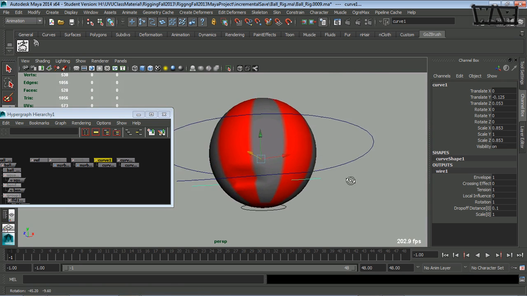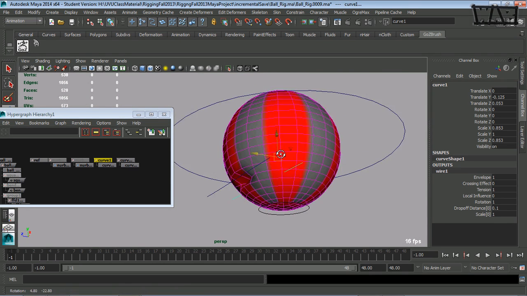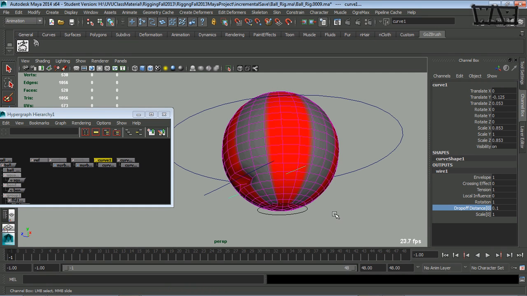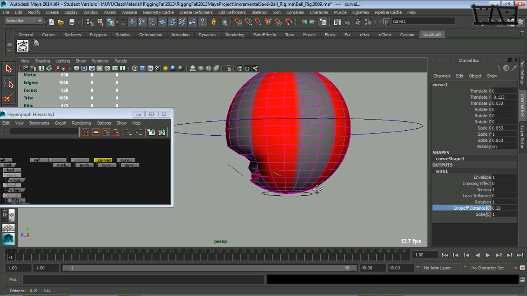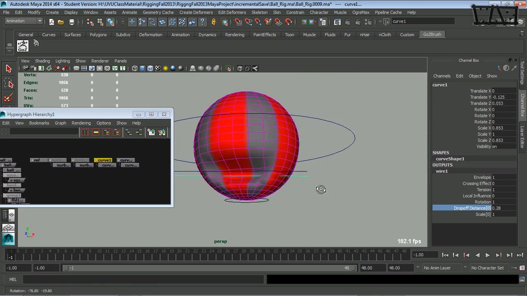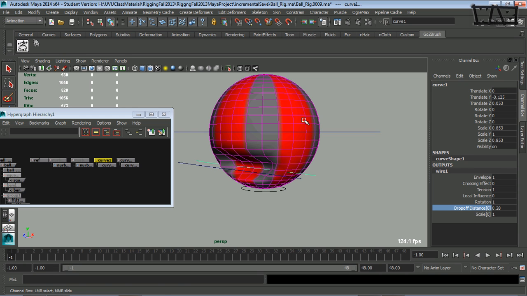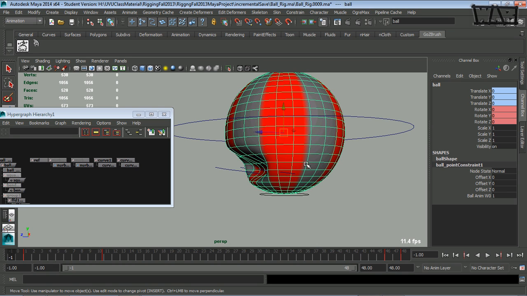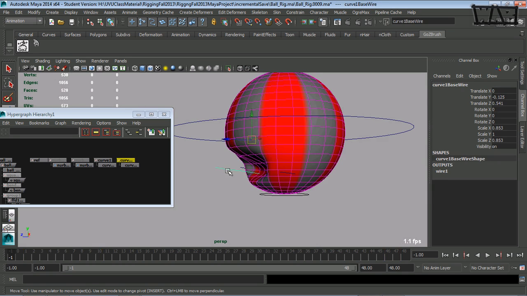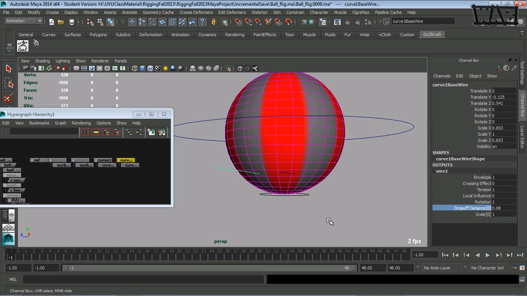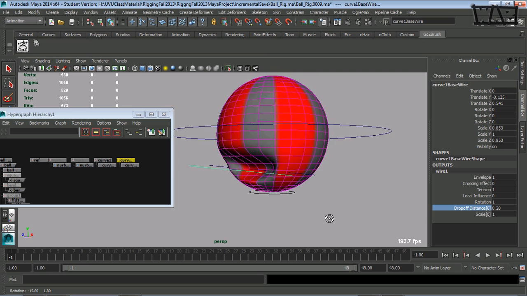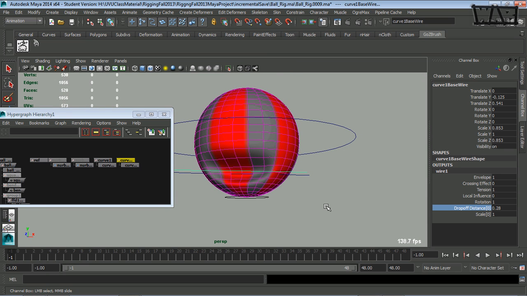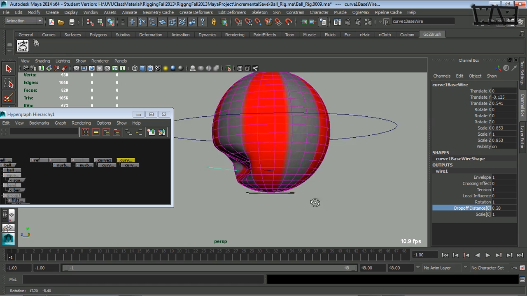Turn that back on so you can see it better. So my resolution on my ball is probably not really high enough to deal with this. Because in order to make it look like it's being cut, it just looks ugly. So I could try smoothing my ball, like when I render or something like that, but I think really this is just not going to work for a ball. So now you have an idea of what a wire deformer is and how it works. And we can use that maybe later on for